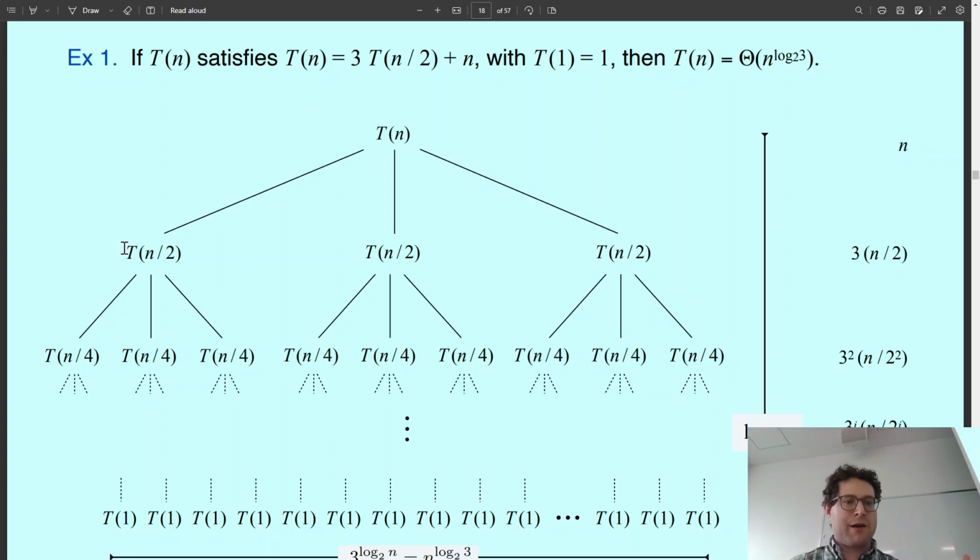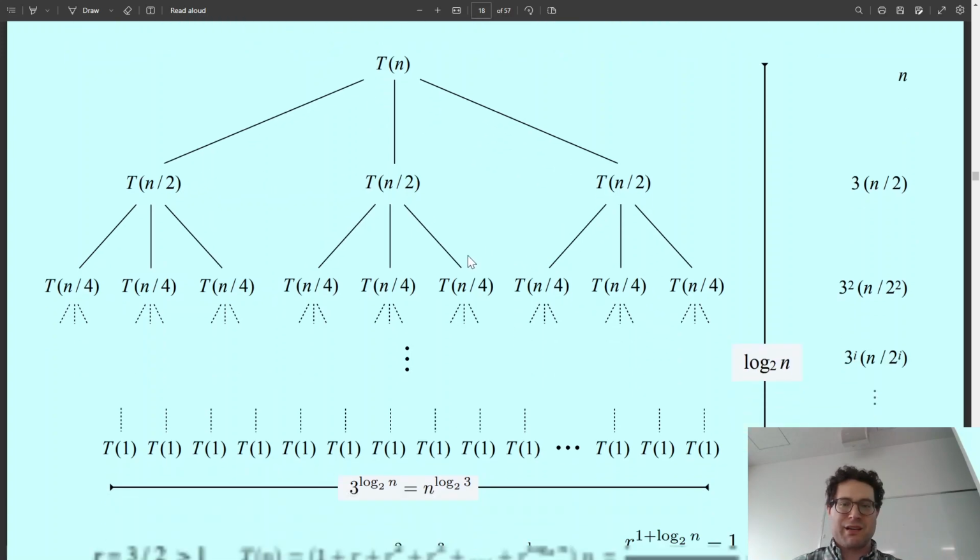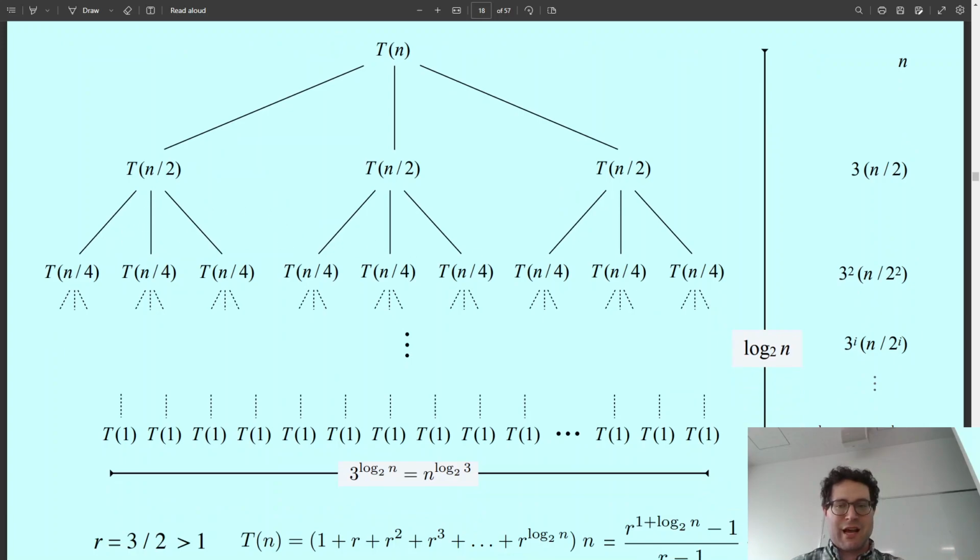But we split it into 3 problems of T of n over 2, and the work to be done at this second level is more than the work at the top level. You see that? Because we've got 3 problems, each of which takes n over 2 time to recombine their subproblems. And it gets worse as we go on